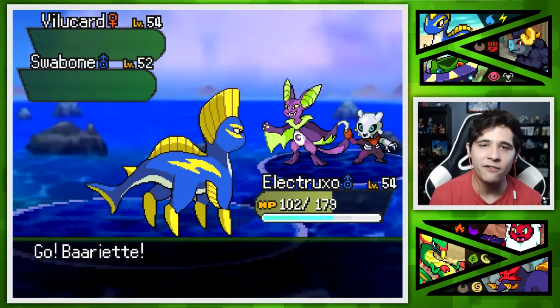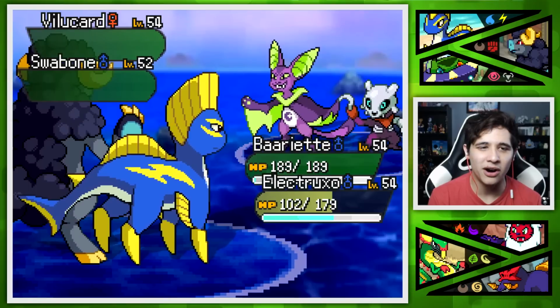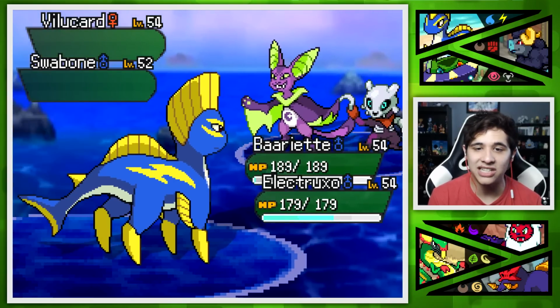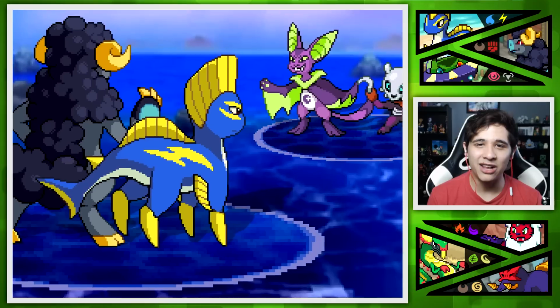We're gonna scout him out for their moves for a second here, because I'm actually not sure what they're even gonna go for. But I believe Swabone there on the right is a Ghost and Fighting type, and then Vilucard is Poison and Dark. I've had plenty of time to research all these Pokemon and kind of learn what their